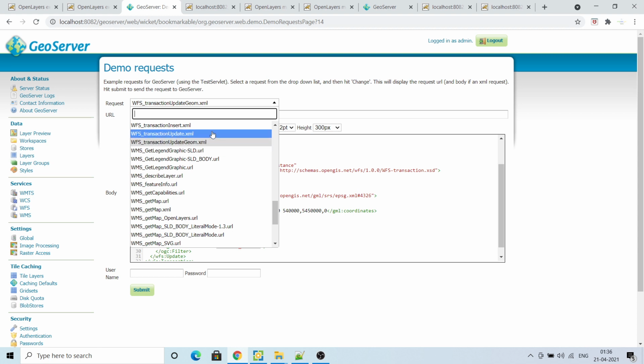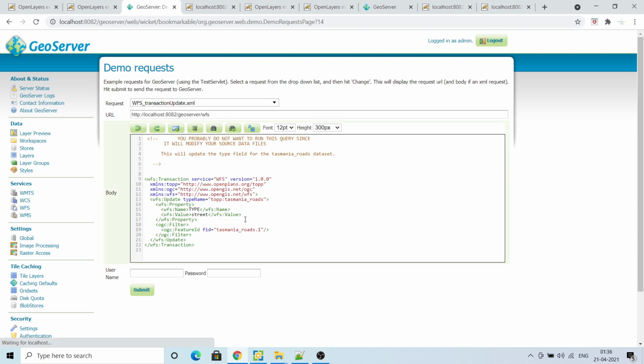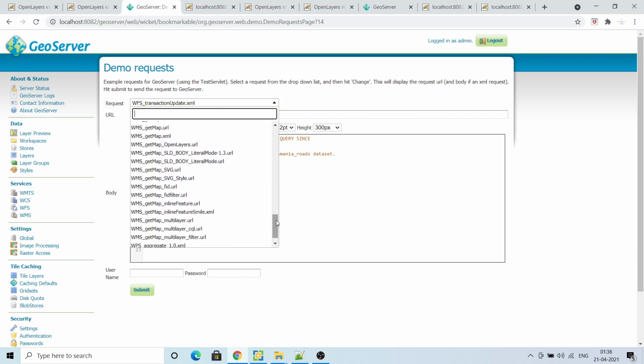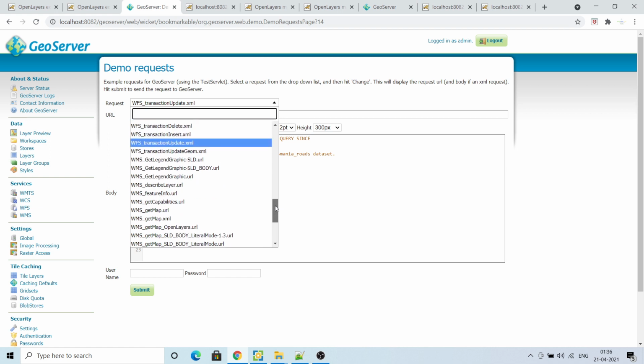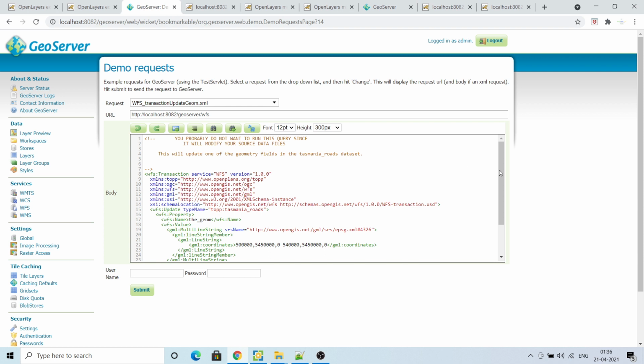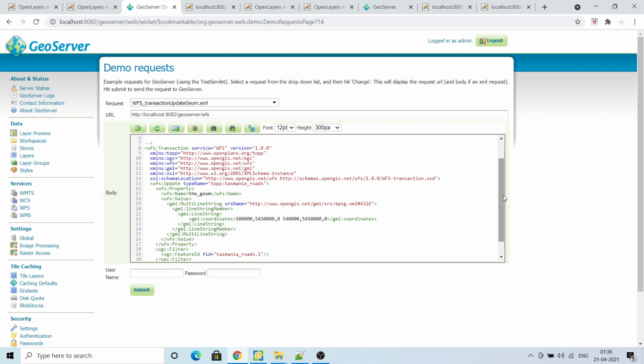If you want to update any attribute, it will update the attribute type with street for this feature. There are so many examples there. You can use these URLs for learning about WMS and WFS. I will show you how to use these in your application.